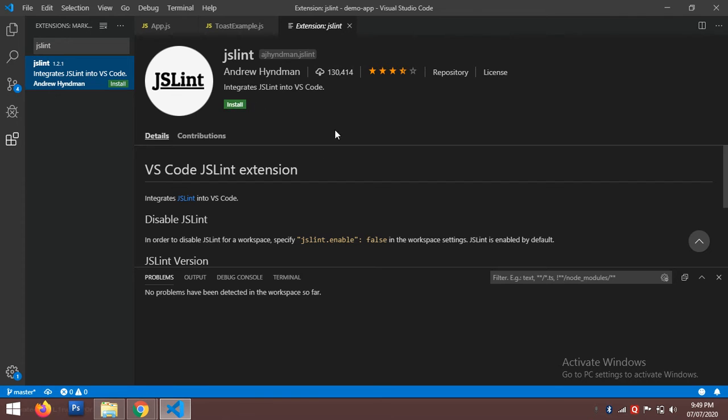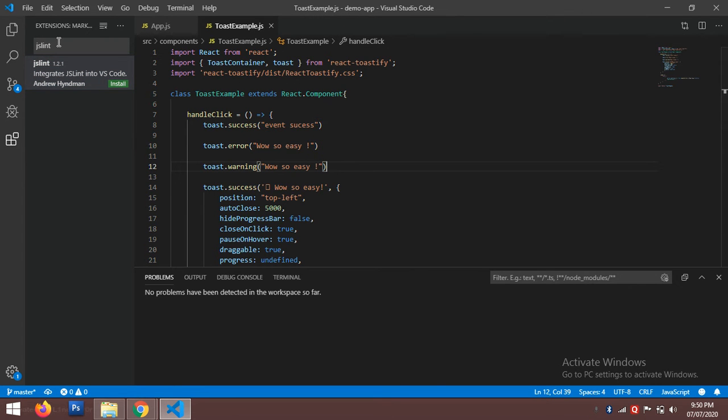Once you click on install, it will install this package in your editor and will do all required configurations for your editor. So this is how you can install the package. After that it will be automatically activated in your editor. You just need to reopen or restart your editor. So this is a way to install the various packages.